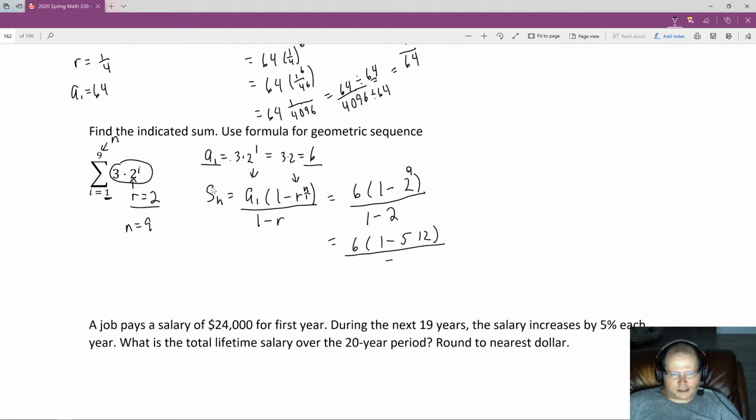And 1 minus 2 is negative 1. 6 times 1 minus 512 is negative 511 over negative 1. 6 times negative 511 is negative 3066 over negative 1, which gives me a positive